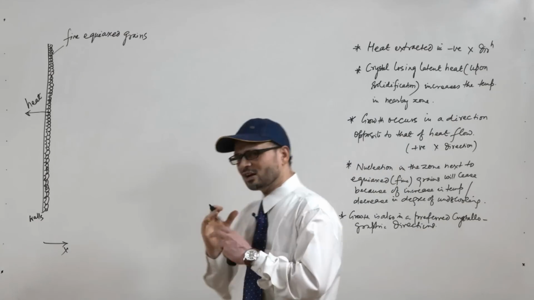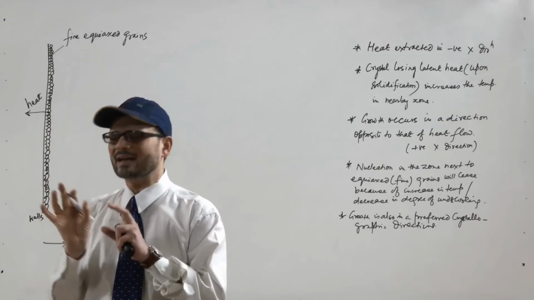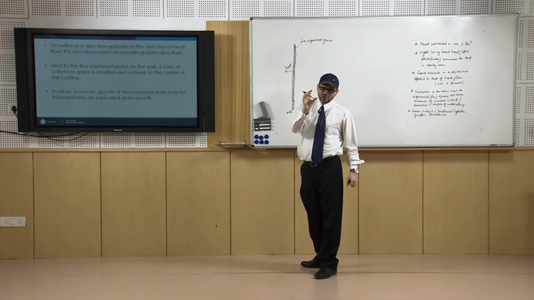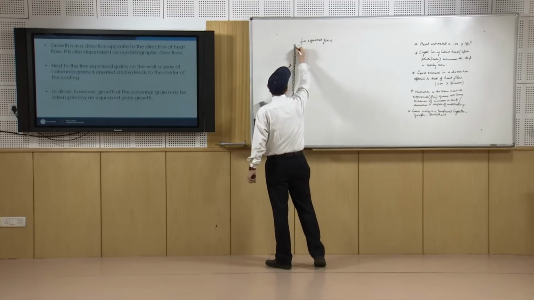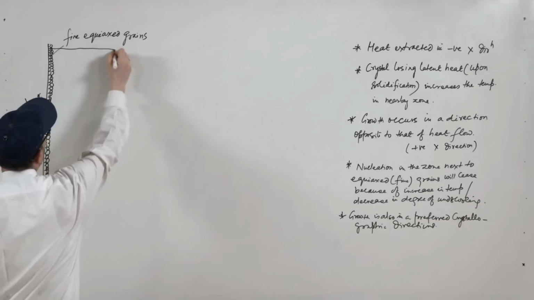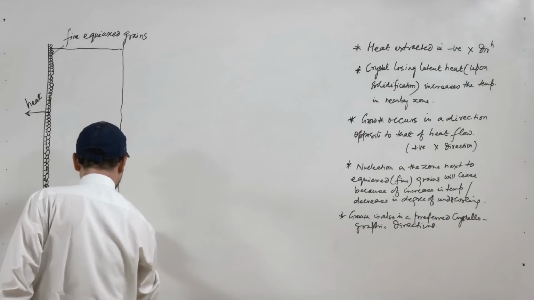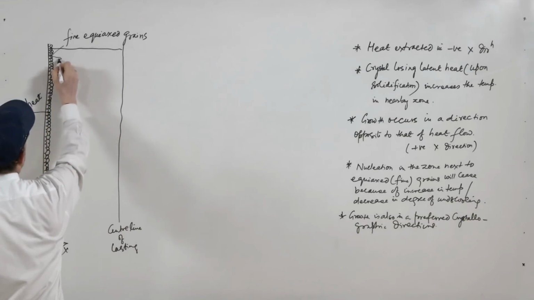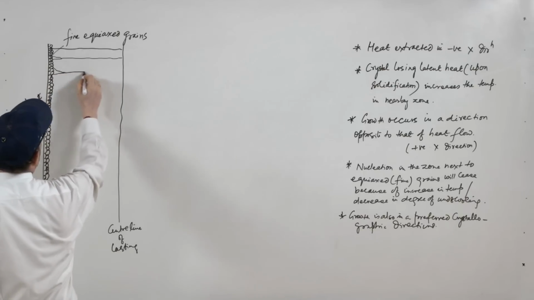So, basically growth will certainly like to take place in certain preferred crystallographic directions, as well as growth is also in a direction opposite to the direction of heat flow. So, what happens after that, the growth starts taking place. This is the center of the casting, center line of casting. So, what happens after this, you have the formation of